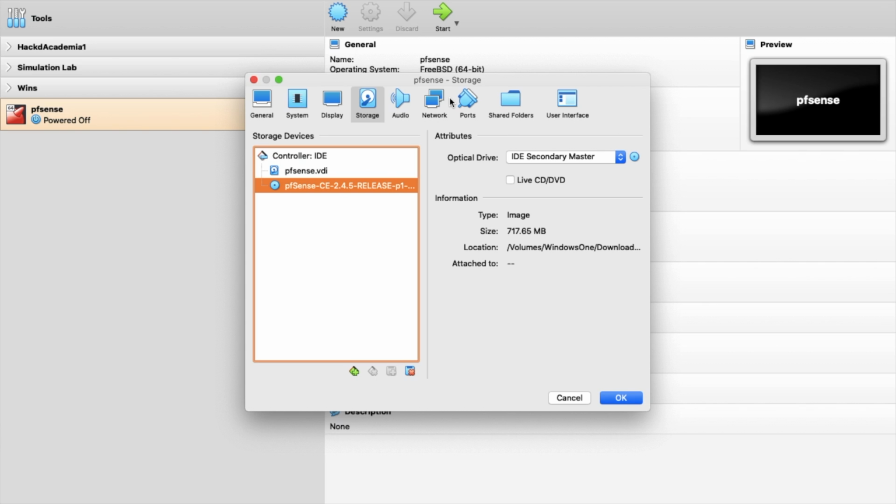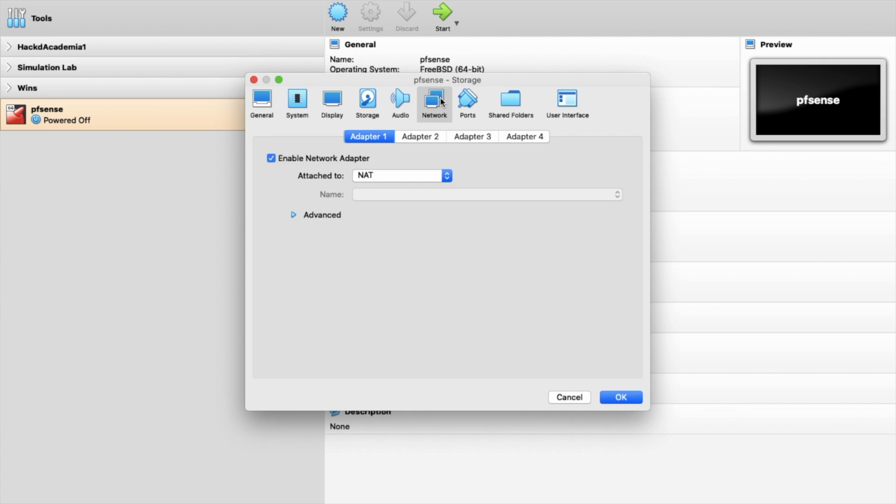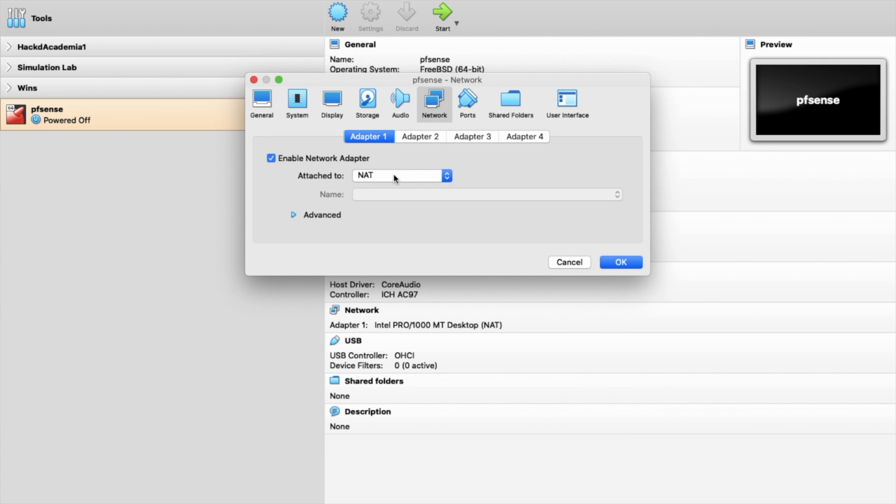I have selected it. Guys, before clicking OK, you have to go to the network basics. A firewall is a network device which should have at least two network interfaces. One interface will be the outbound interface, another will be the internal interface. So I will enable two adapters here.